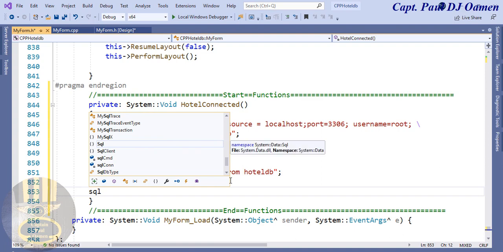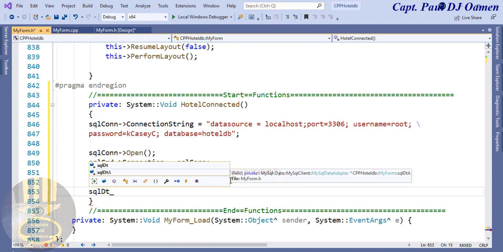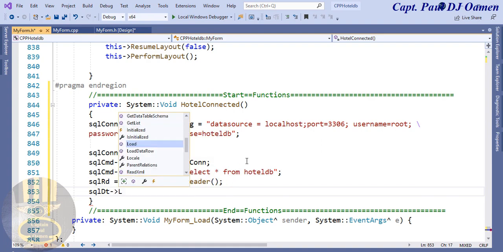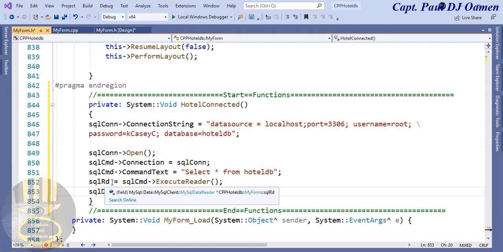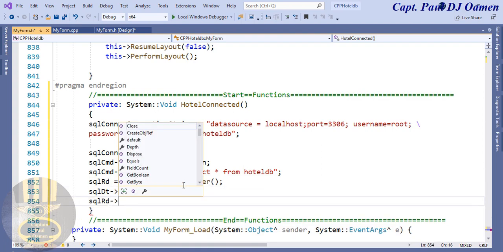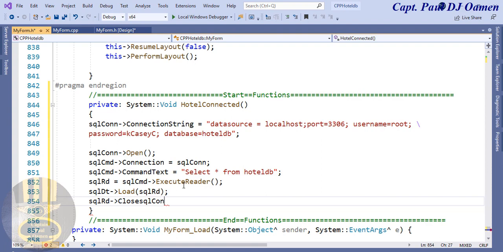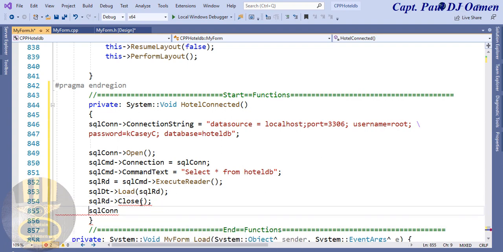Now SQL data table, we now want it to load up. Load. And what are we loading up? We're loading up this, the reader, the data reader itself. Put that in parentheses, and after that we now need to close this, close the reader, and we also need to close SQL connect. That needs to be closed as well. Close that,